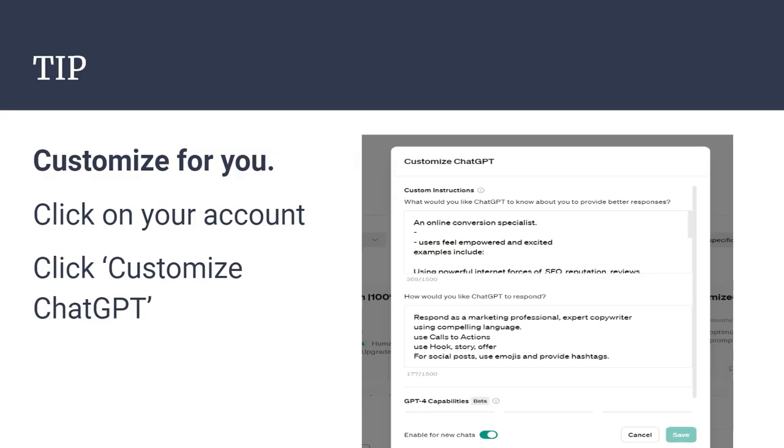And you can go in a couple places, and you can do custom instructions, and you tell it about yourself. Okay, so like for me, I'm an online conversion specialist. We want our users to feel empowered. And then you can also tell it how you want to respond. So my default is marketing professional, an expert copywriter. I want it to use compelling language, calls to actions. But the point is, this is how it gives you better output, by you telling it about you and how you want stuff out.